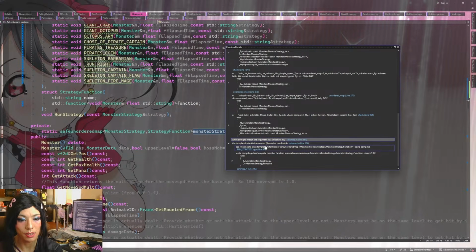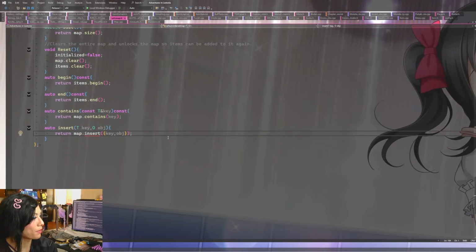Trying to match the initializer list of safe map.h line 164. That would be this right here. Oh, this is the... Didn't I change that? I think I deleted it by accident. But yeah, I can try it again.